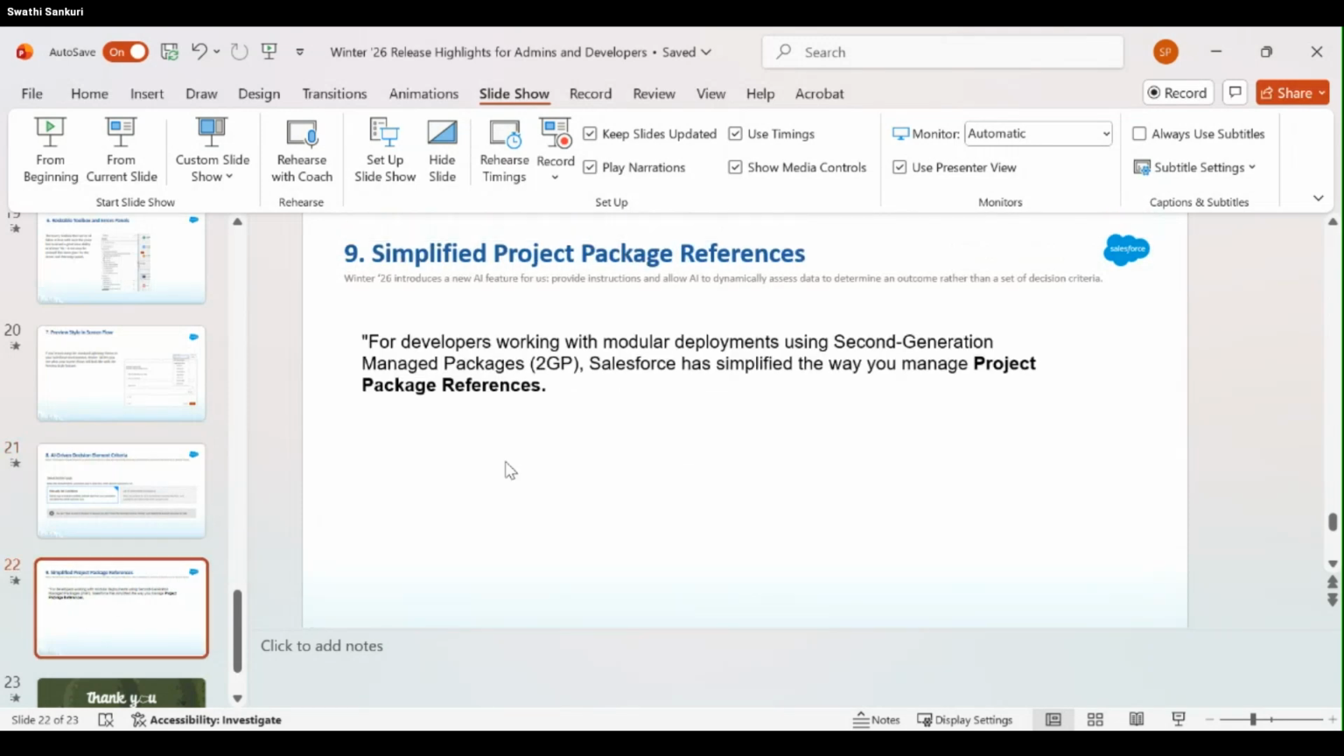Simplified project package references. This one is for developers working with modular deployments, using any second generation packages, right? Salesforce has simplified the way we manage this. In complex projects, your project might depend on another package, which in turn depends on another package, so it's dependent and dependent. Previously we had to list all the dependencies in our package configuration file. That is like a base file for our projects